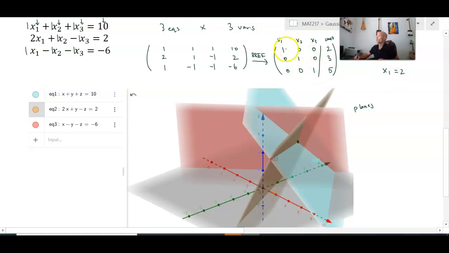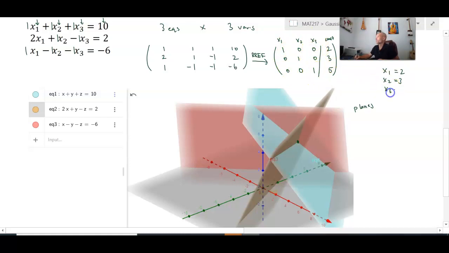Notice that this reduced row echelon form, in contrast to the 2x2 system, has 1 in the first column followed by zeros and then the constant. The second row has 0 followed by a 1 followed by a 0 followed by a constant, which really just says 1x2 equals 3. And the third row has zeros in the x1 and x2 position, because we're only curious about x3,